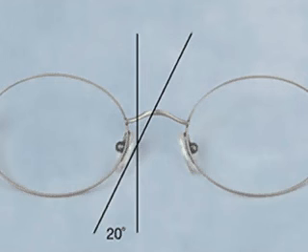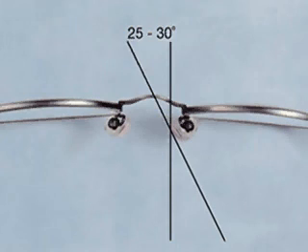The frontal angle is where the tops of the nose pads are closer together than the bottoms. This angle takes into account the patient's nose is narrower on top and flares out wider towards the bottom. The splay angle is where the back edges of the nose pads are farther apart than the front. This angle mimics the shape of the nose, which flattens as you move from the top of the bridge to